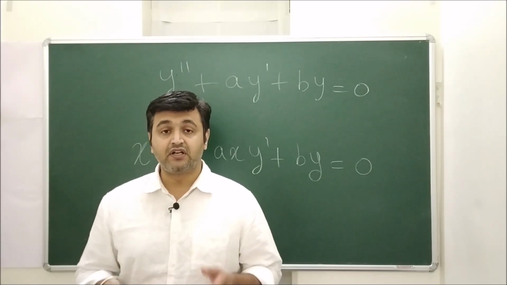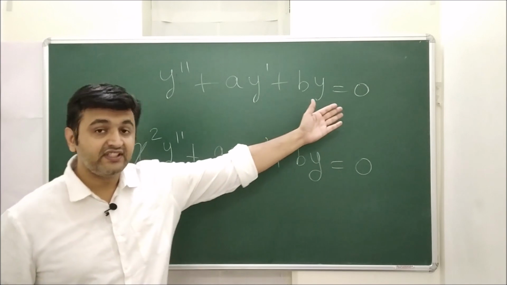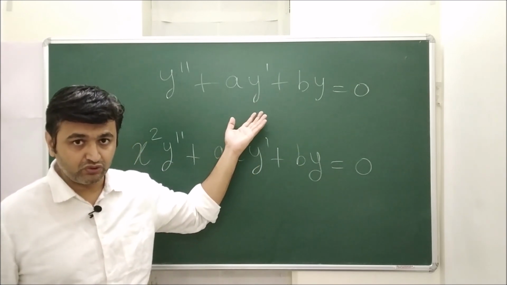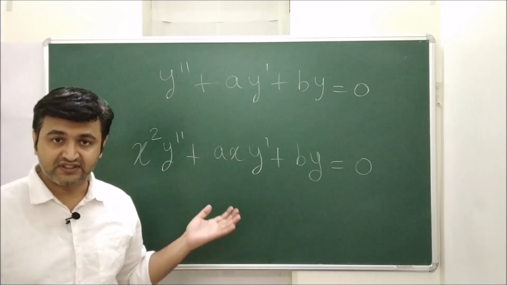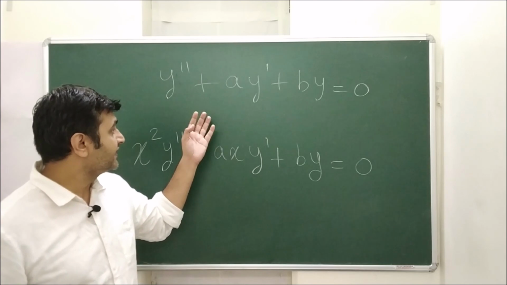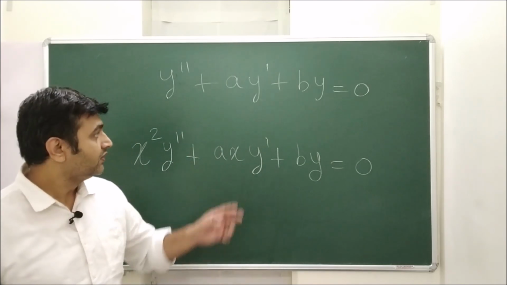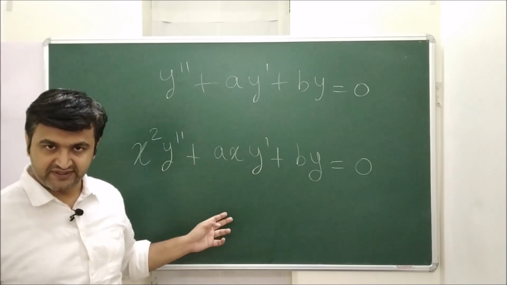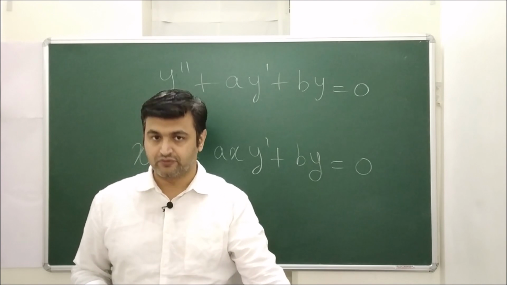Hey everyone, so in earlier lectures we saw that if you have a second order homogeneous linear differential equation with constant coefficients or a second order Euler Cauchy homogeneous differential equation, then how to find the general solution. And after looking at second order, we saw how to do the same thing for nth order differential equations of these two types. So given a differential equation, how to find the general solution, that's what we saw.